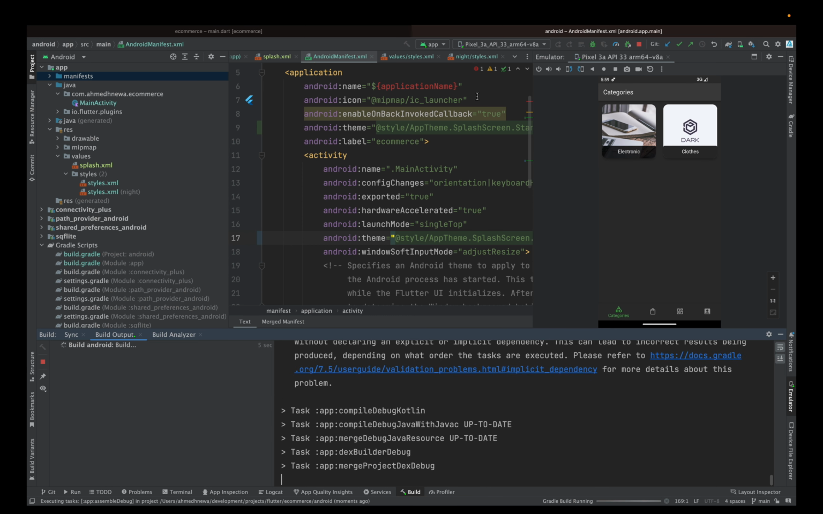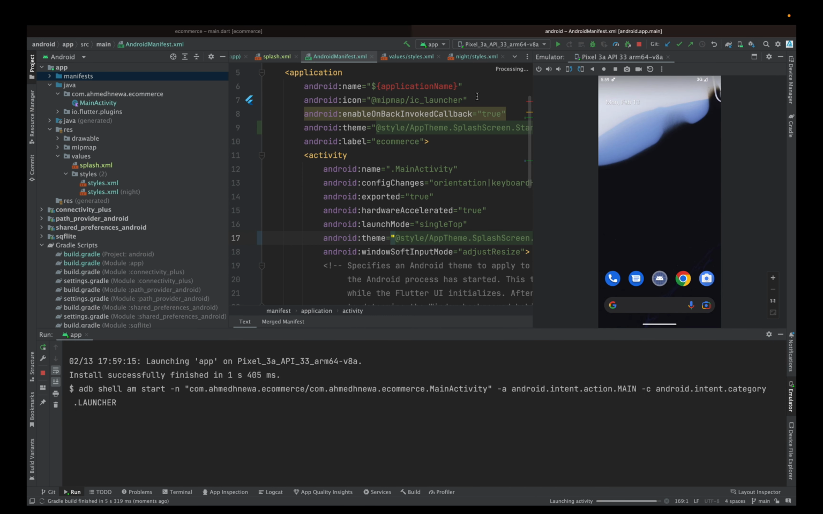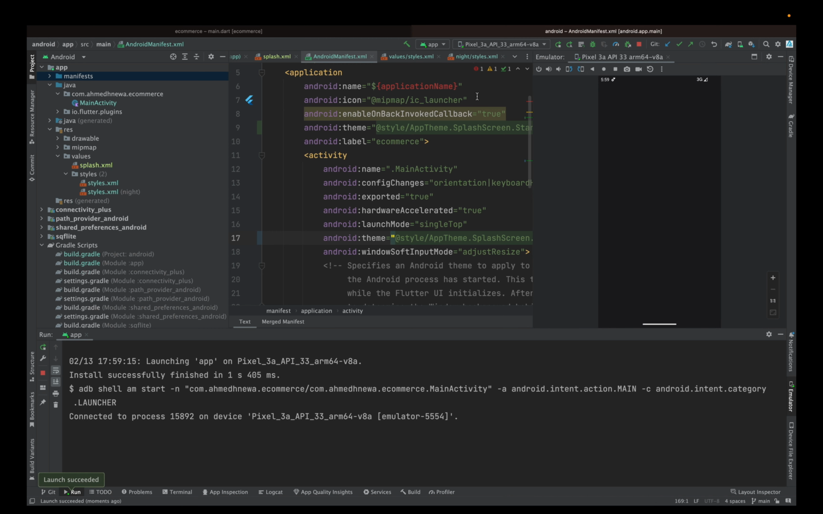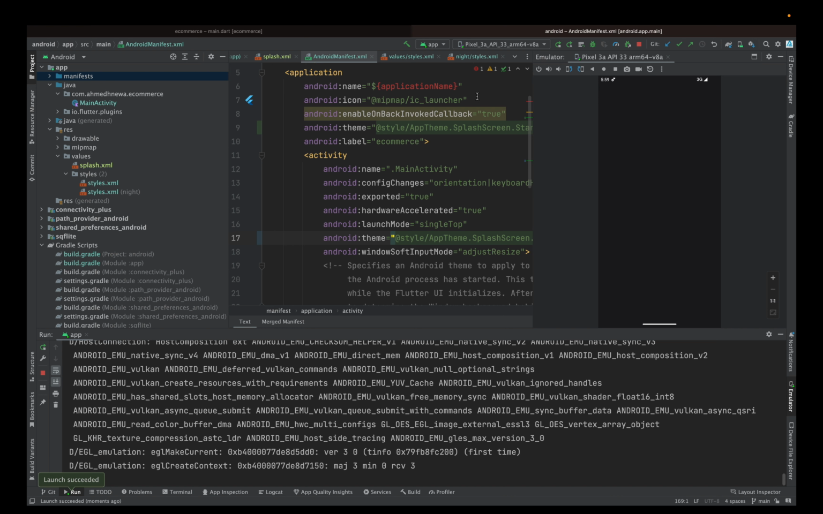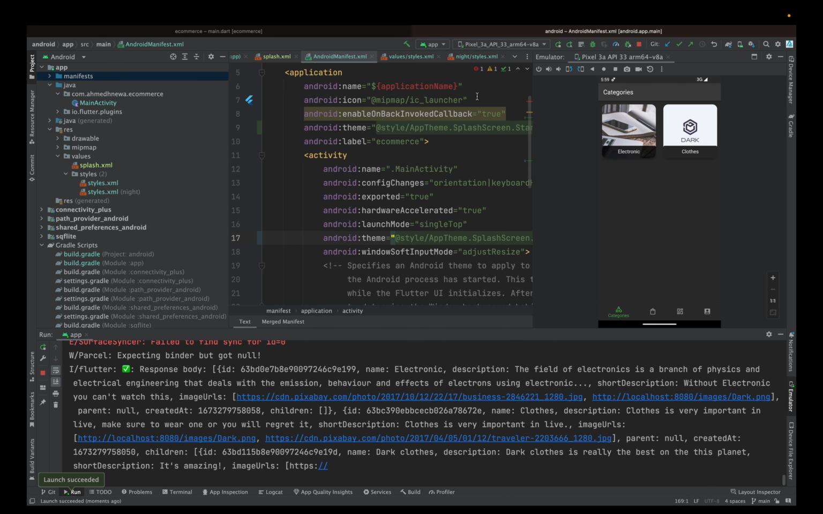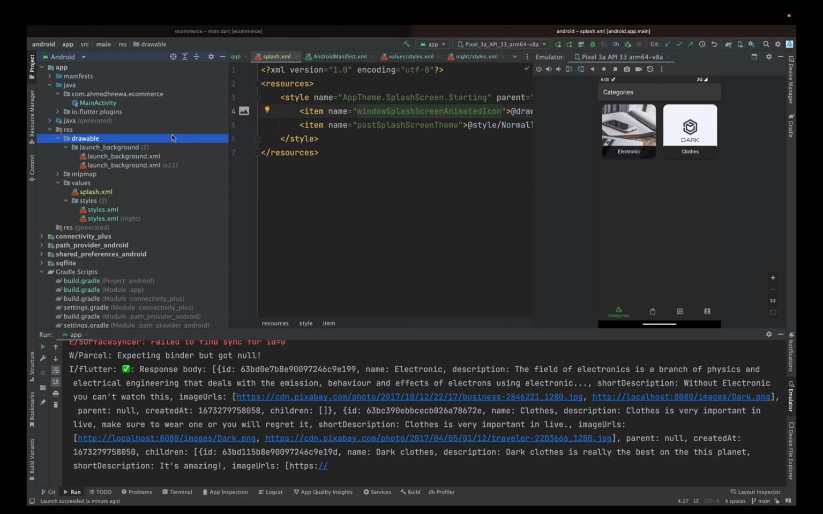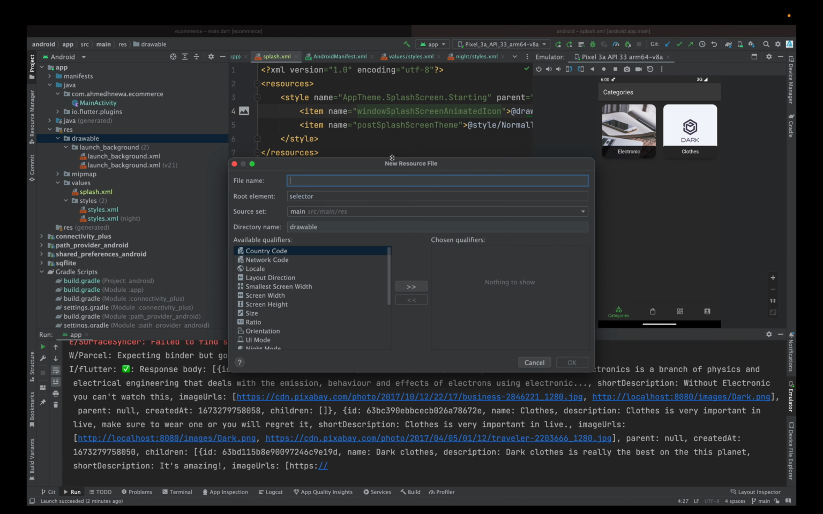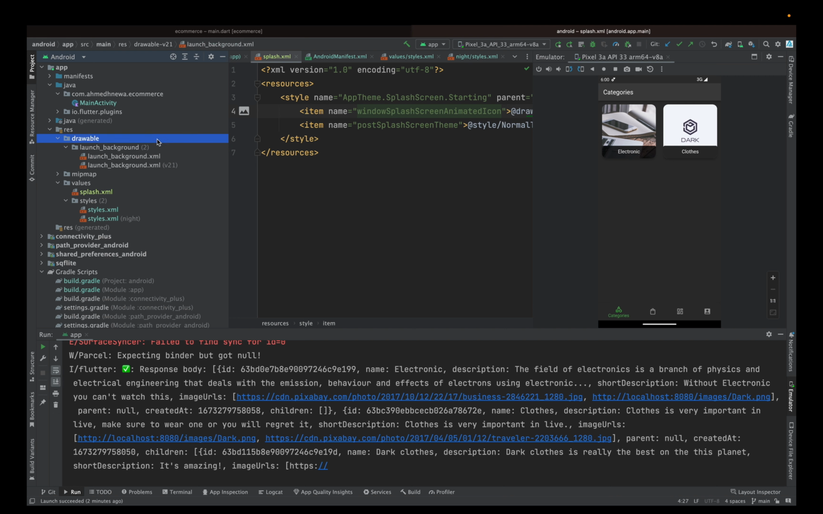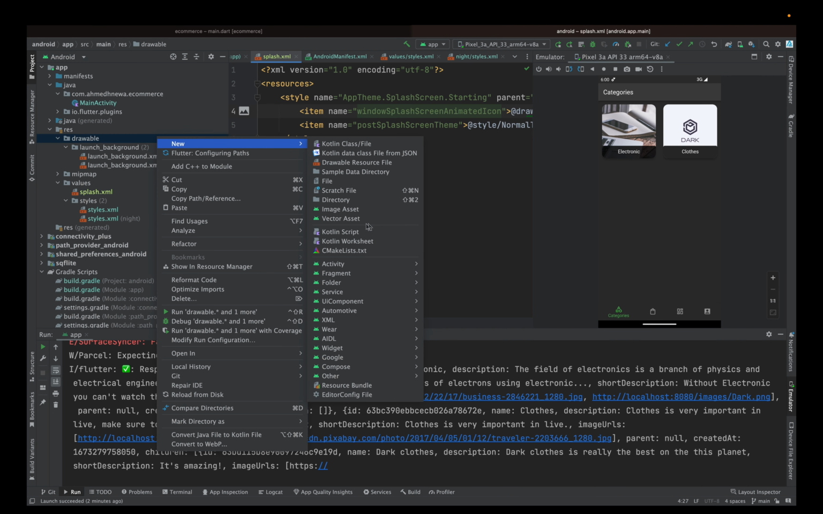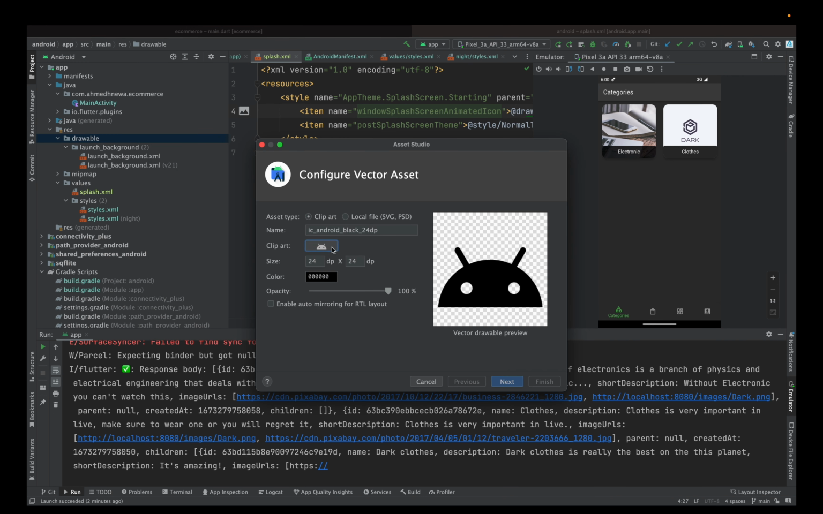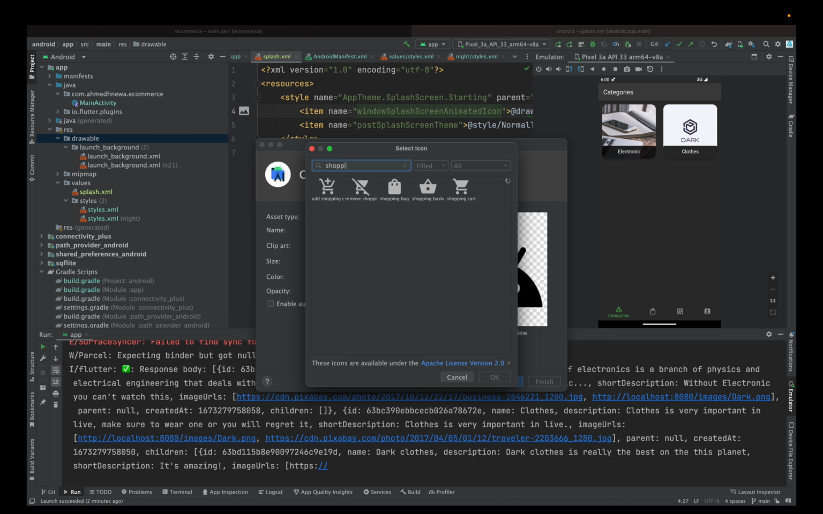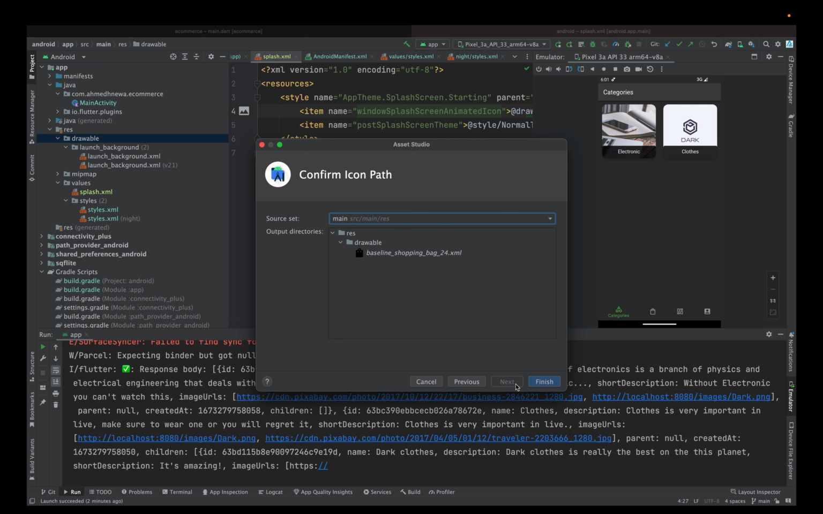Let's restart, and it should work just fine, but I'm not sure if it will work, and it doesn't work. There's actually a little bug. You know what, I will just use a different drawable here, sorry. In the drawable I will just use one from the material library, shopping bag maybe. Yeah, this one,